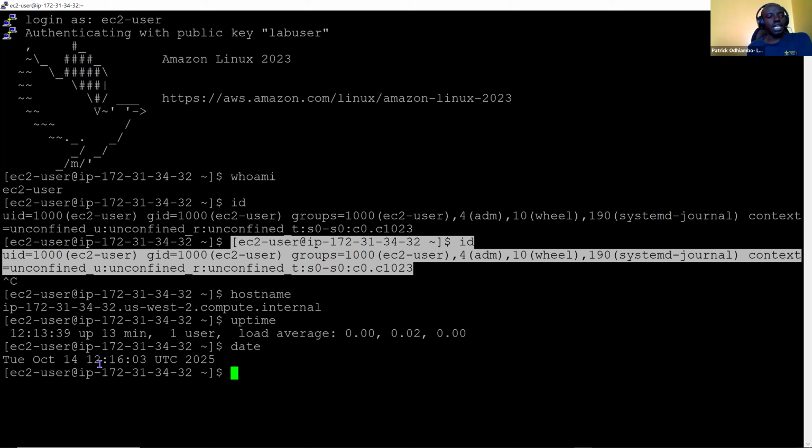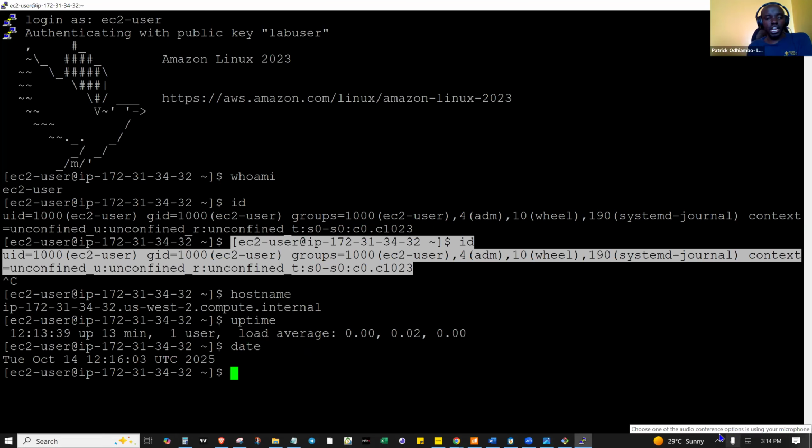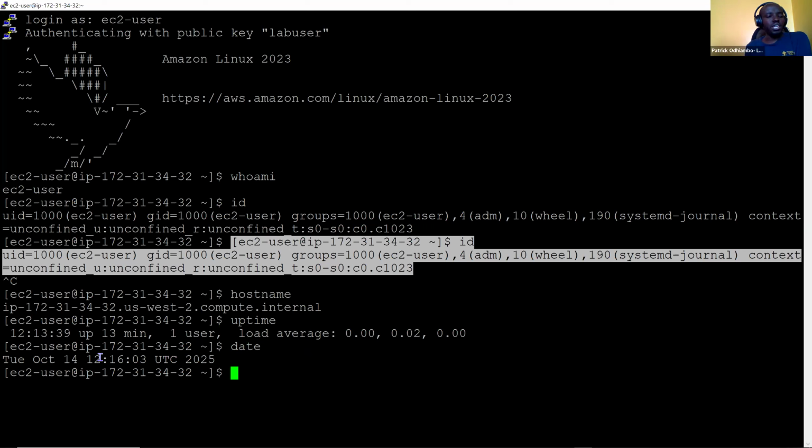So if you want to get our time, it's already 3. So our time here, you add plus 3 hours. Our time is UTC plus 3. So if you add plus 3 here, it will tell you that it is now 15:16:03, 14th of October. The date is normal, so it is fine. You don't need to add anything to it.